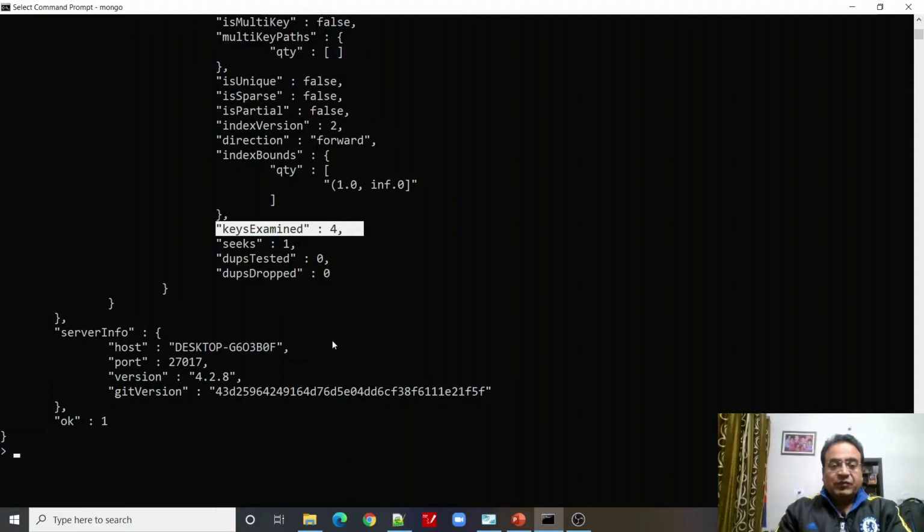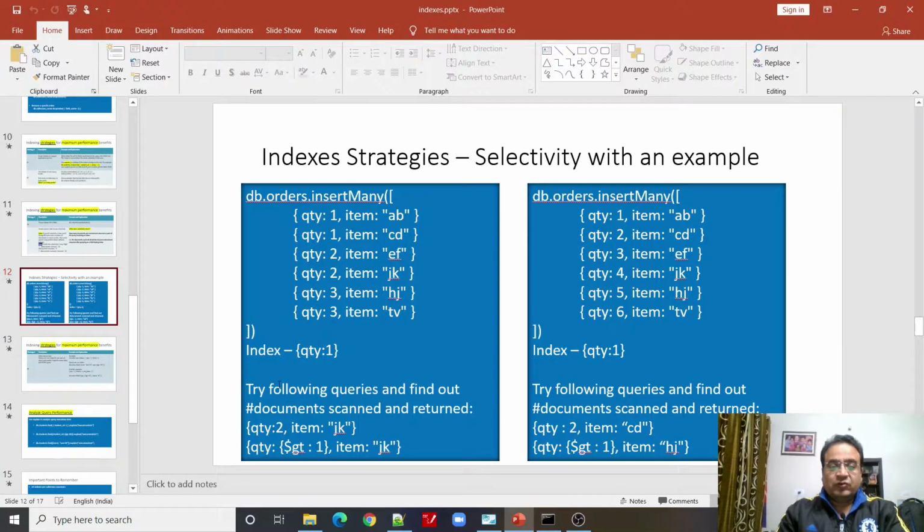The point I'm trying to make here is that we should be aware of all these facts. Now, the selectivity of the first query versus the second query: the selectivity of the first query is a little more than that of the second query, though we are making use of the index here to some extent. So we are making use of the index, but still it is not exactly the same. Now let me change this a little bit and let us see.